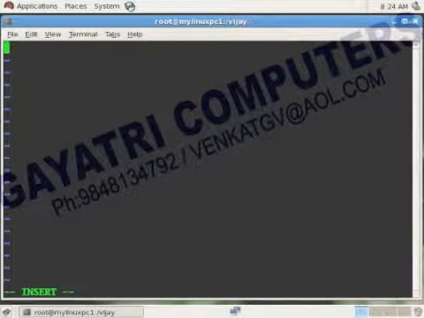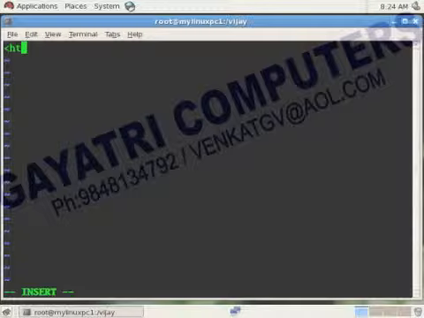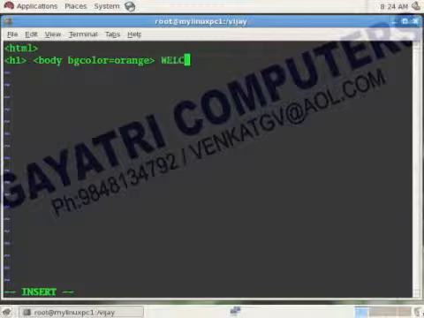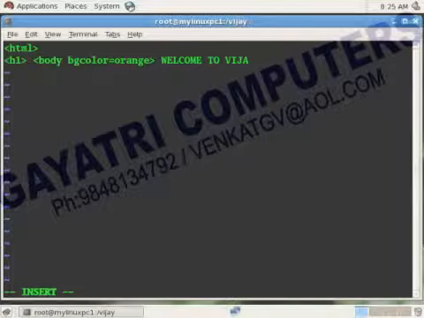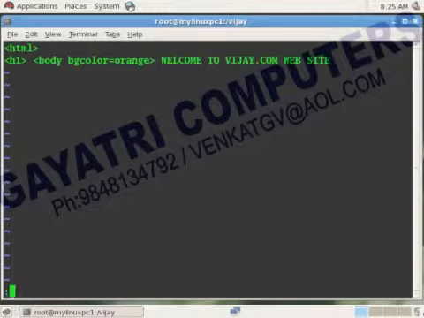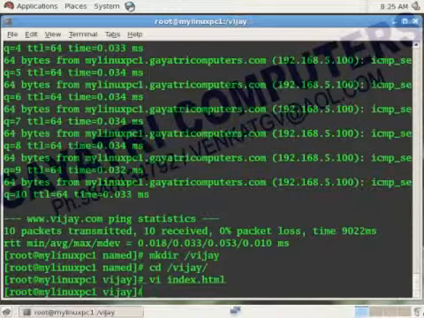So I am creating a sample HTML file here, with HTML, h1 and body, with a background color, say orange. Welcome to Vijay.com website. Now save this file. Step 2 is over.